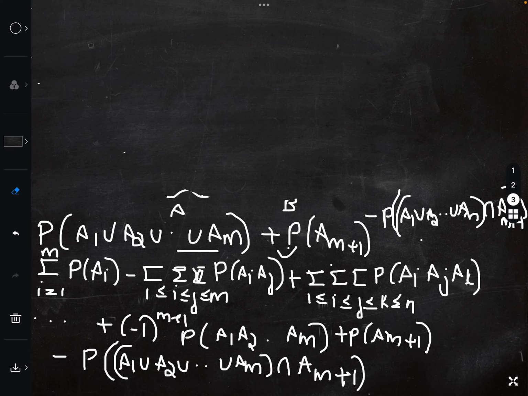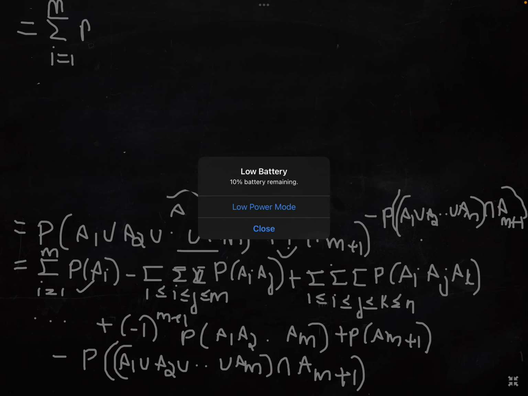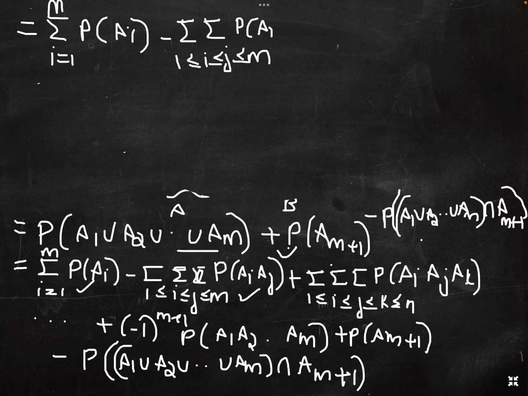Is equal to this term, summation i equals 1 to m, P of A i. And this term, minus summation over 1 ≤ i ≤ j ≤ m, P of A i A j, plus